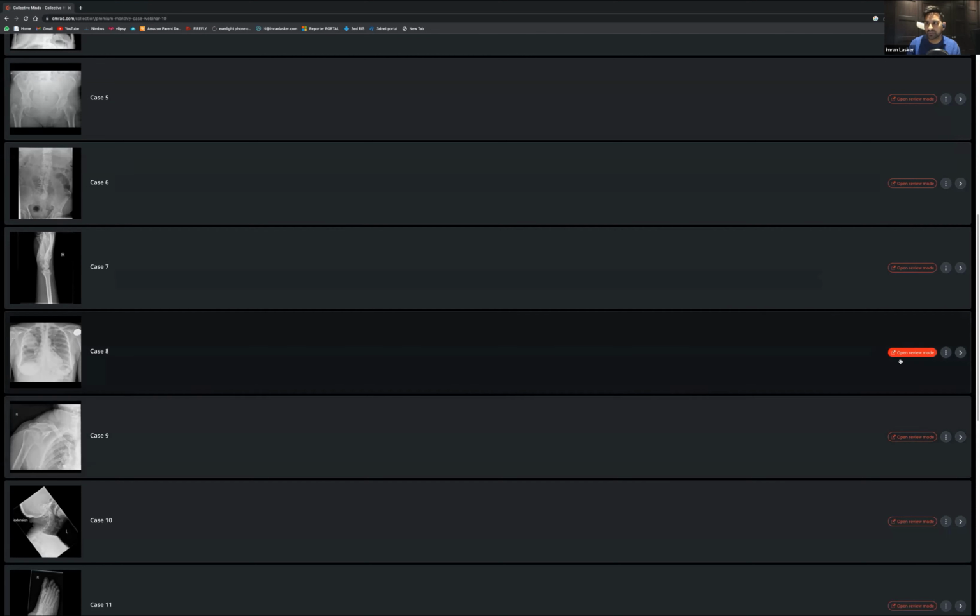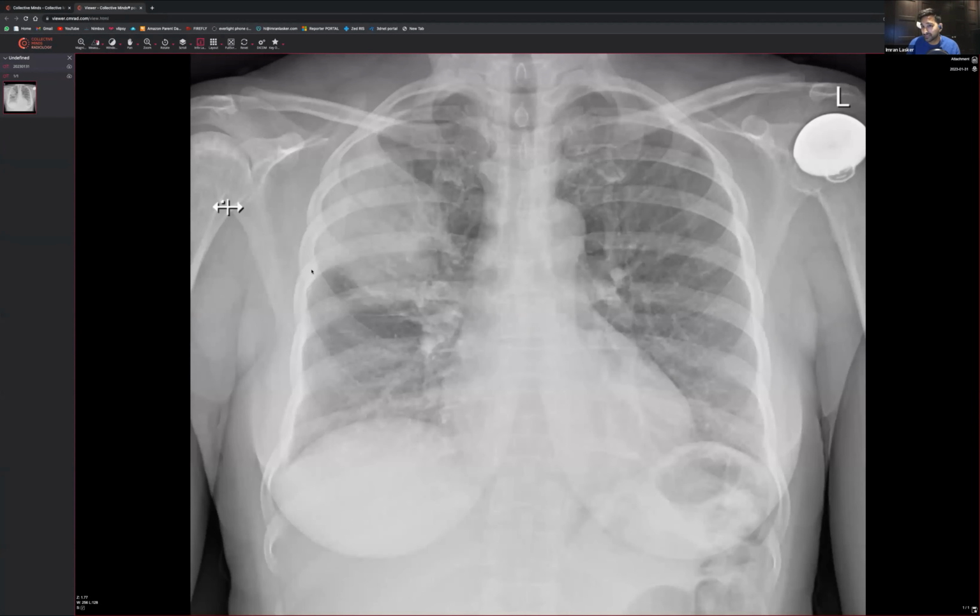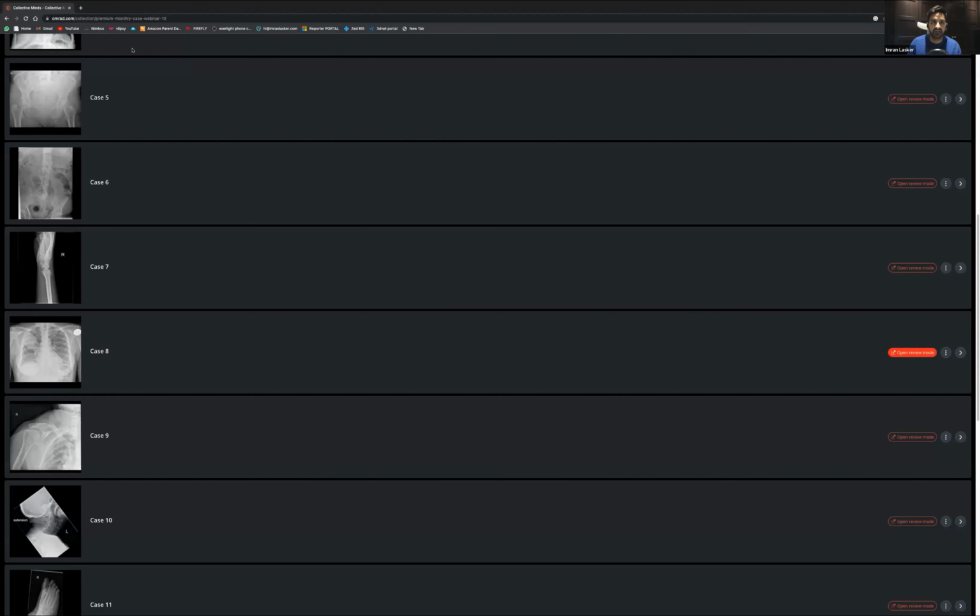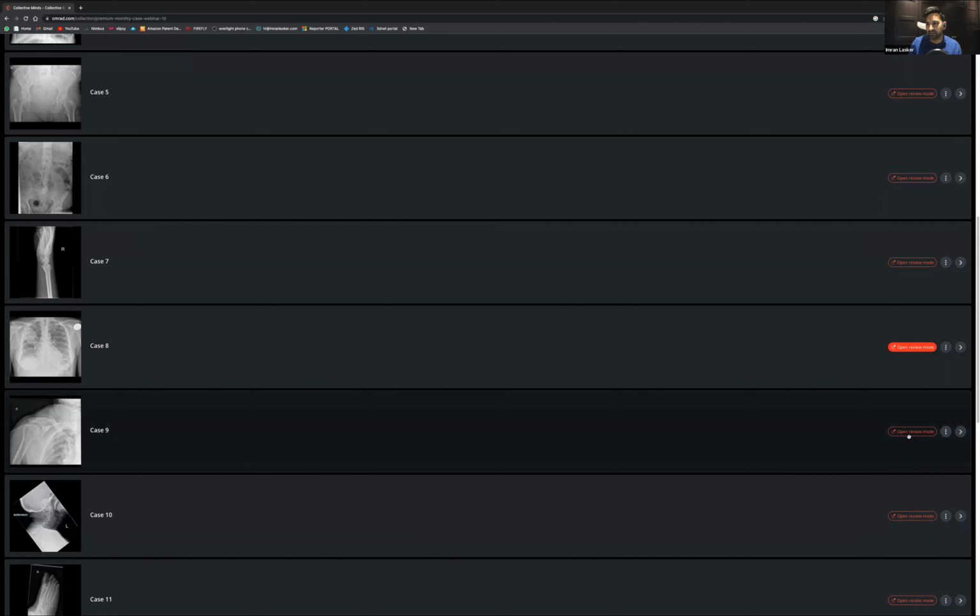Right upper lung zone. Sorry, and one more thing with that particular case is you don't just stop at the right upper lung zone, because infection can cause it, but also malignancy, squamous cell carcinomas, there's loads of malignancies that can cause these things. Just have a look at the hilar, make sure there's no lymphadenopathy, make sure the mediastinum looks okay, no lymphadenopathy, and just make sure there's nothing else going on, like a destructive bone lesion or anything like that to suggest that there is an underlying malignancy or anything more sinister going on.